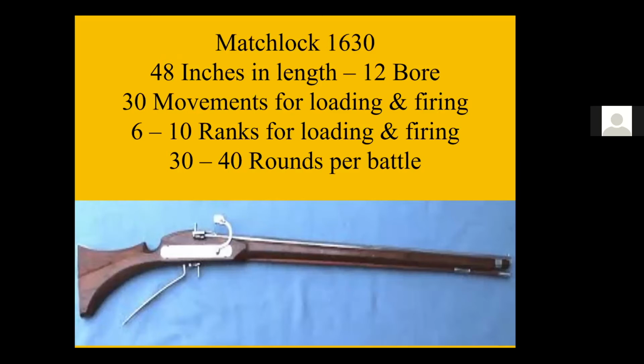And there were about 30 movements to load and fire, and it took sort of 1 minute. So you're talking about one round a minute. And depending on the regiment, some had 6 ranks in order to give the men time to load and fire. Some had 10 ranks because the men were not that good. An average musketeer would carry 30 or 40 rounds into battle, but you'd obviously have to reload with powder at